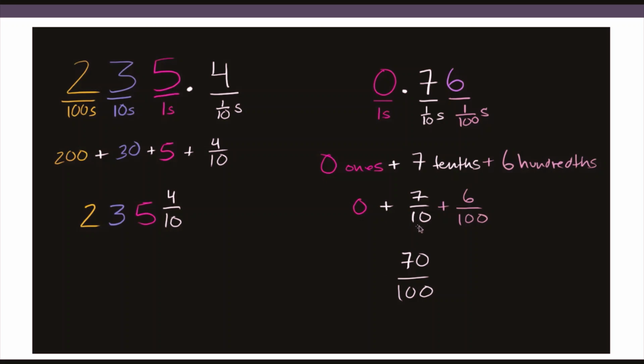So for this, I'll write 7 upon 10. I can write 70 upon 100. If you divide, the answer will be the same, just crossing out one 0 over 0. Then 6 upon 100. If we add, same denominator, and 70 plus 6 will be